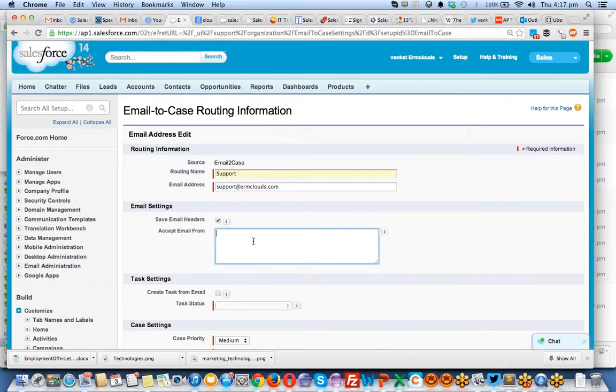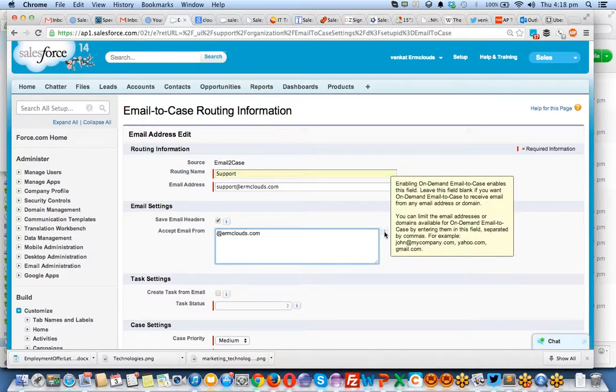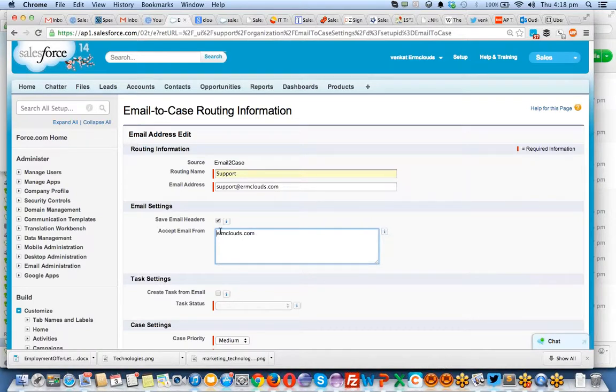If I'm not keeping any email address restriction, if someone is sending email from any email address, it will be stored. Suppose you want to track only the support cases from one company, you can put at the rate of ermclouds.com. What happens is you are going to accept emails only from this domain name. If someone is sending from a Gmail address, you're not going to accept emails from them. Okay. So see,